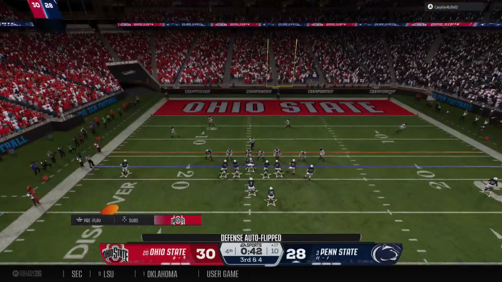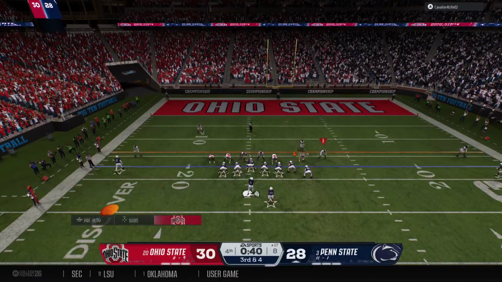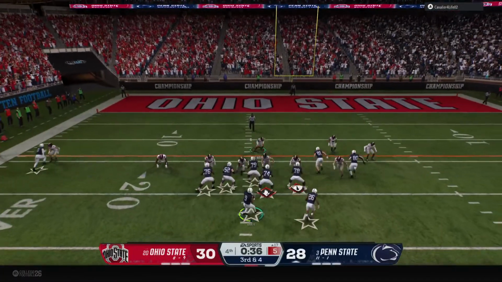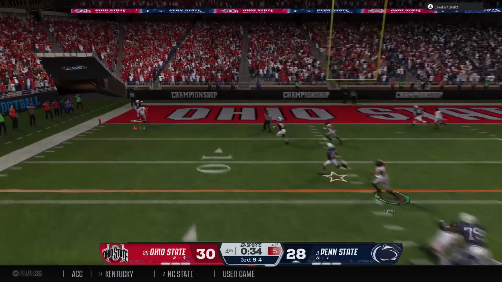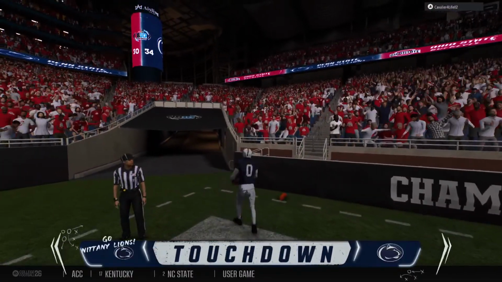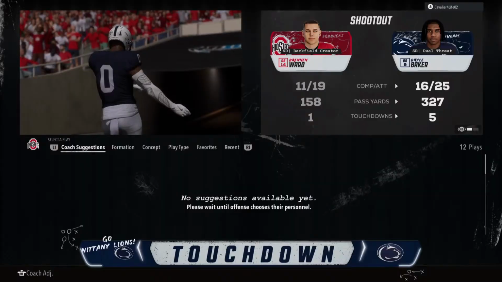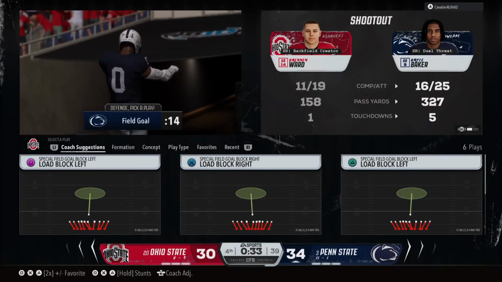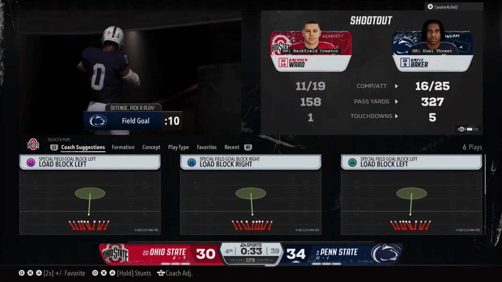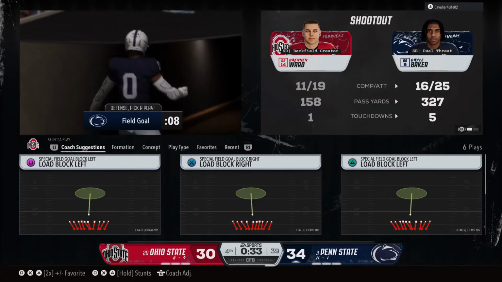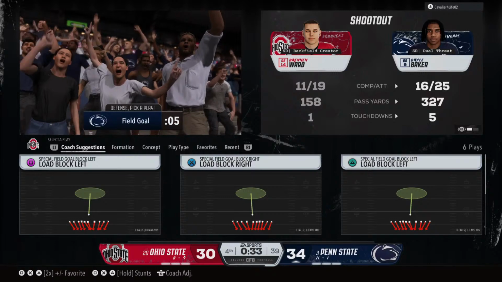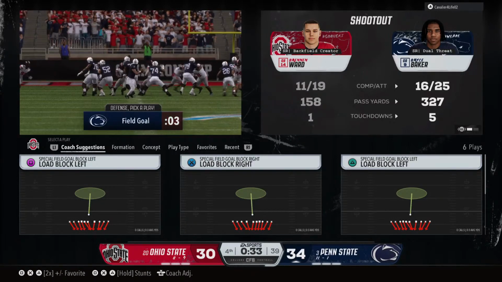Here we go. Conference championship game comes down to this. The offense has got to make a play here with time winding down. 3rd down play here out of the shotgun. Touchdown, Nittany Lions. They take the lead in the final minute. Oh, man, I think the defense was so caught up with their eyes on the quarterback, they completely lose the running back out of the backfield. Nice job by the play caller here of getting the ball out to the running back instead of the receiver for the touchdown.